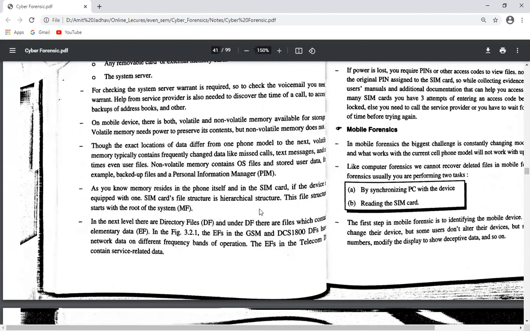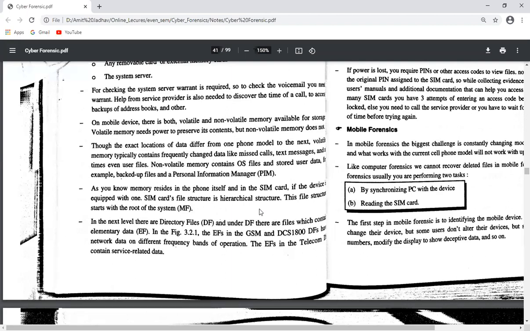There are some problems that occur with the SIM card reader. First one is to understand the data collection procedure of cell phones and mobile devices. There are many different types of SIM card readers available in the market. Some SIM card readers are forensically sound and some are not. Note down this feature of the device in your investigation log. So sometimes it's difficult to read the SIM card because every SIM card structure is different. So sometimes the data can be read and sometimes it's difficult to read the data.